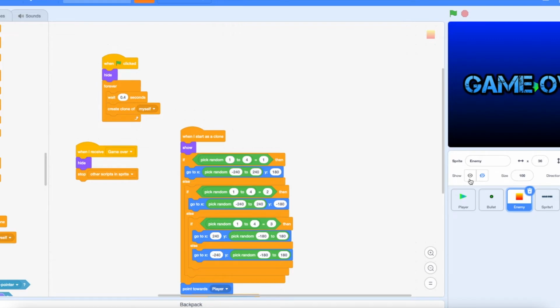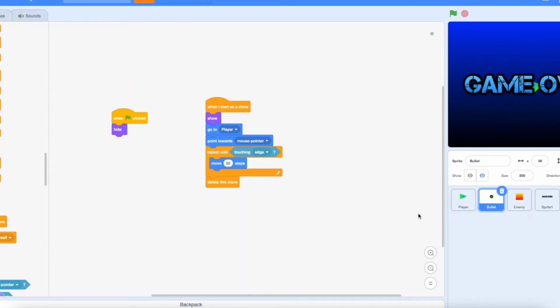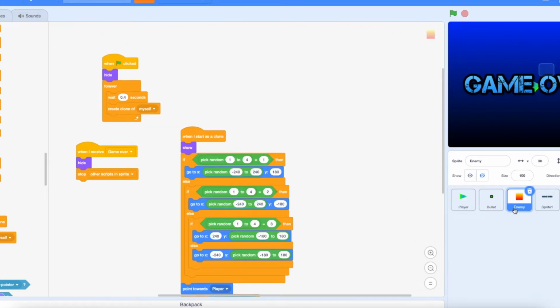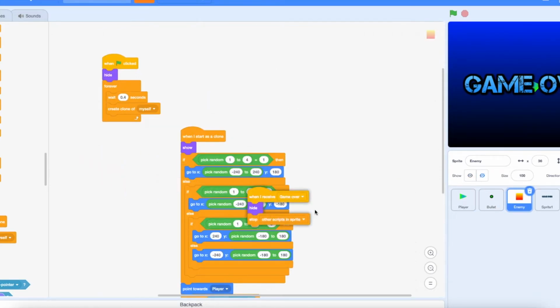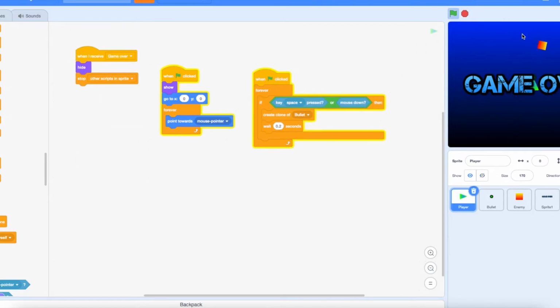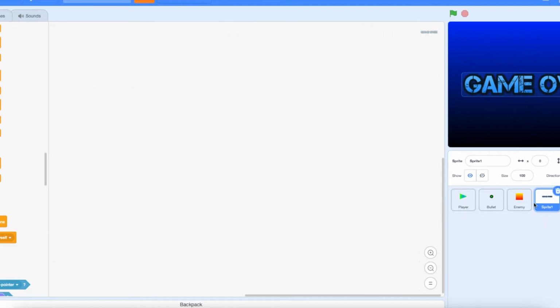Okay. In our bullet, we don't have to do anything because it's a clone that starts off from the player, so we gotta go in the player and say the same thing as the enemy. What you can do is just drag this onto the player here, and it'll be here. So now if you test this, our screen is there, but, yeah, it's not there anymore. So what we want to do on our game over screen is when I receive game over,